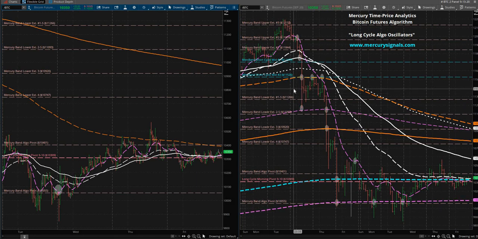Now, what's really interesting, again, is how they work together. So here you have this high on September 1st, a little bit above 12,132. Happens to be a Mercury band right there. So when it came up into that level and failed, that was your first indication that there was something wrong, because these Mercury bands are what we call binary algorithmic levels. Price will either come up into them and repel in the other direction, or it'll come down into them like you see here and just blow right through. And it'll do that in both directions. When price is going up, it's either going to stop and repel, or it's going to just go right